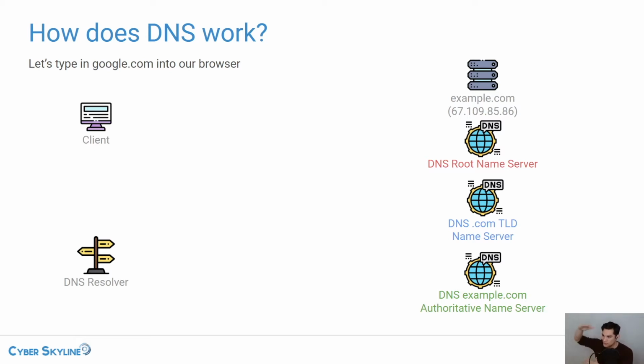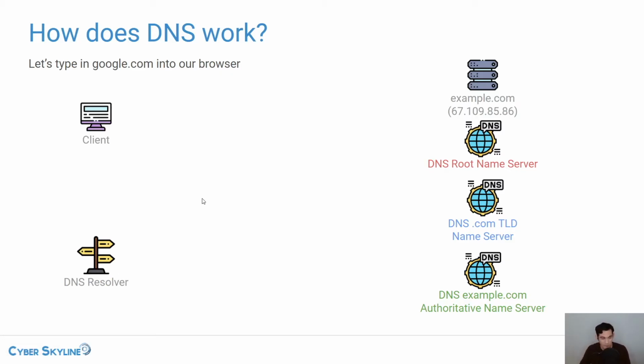And through this process, you've gone from, I don't know who to ask, I go to the root name server. The root name server will say, okay, you need to go to the people who are responsible for the .coms. You go to the people responsible for the .coms. They say, okay, you need to go to here, and these people are responsible for example.com specifically. And we're going to walk through every single step here.